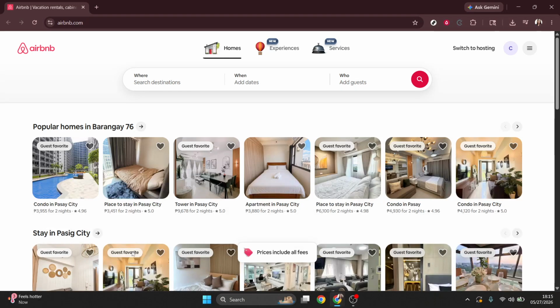In today's video, I'm going to teach you how to share an Airbnb listing link. By the end, you'll confidently grab a shareable link for any Airbnb listing, experience, or profile and send it wherever you need. Start by heading to Airbnb in your web browser or open the Airbnb app on your phone or